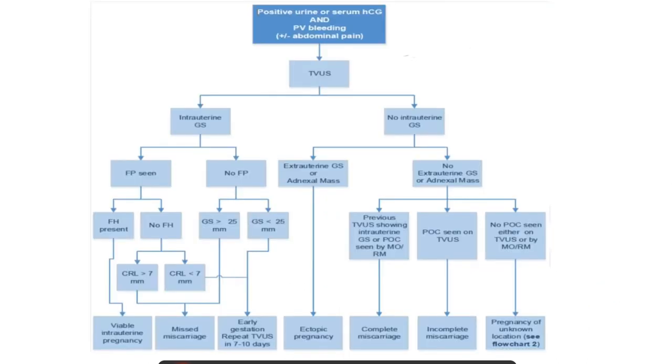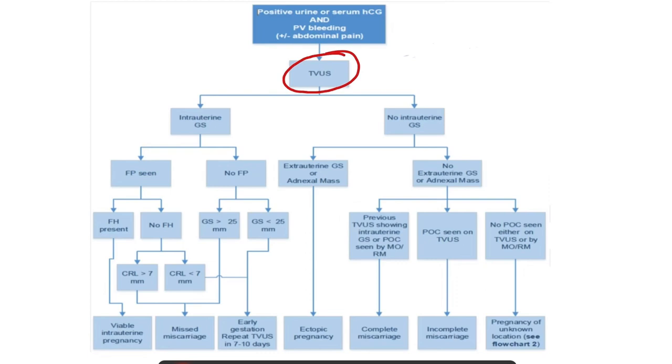Now we can discuss the approach to a patient with early pregnancy bleeding using ultrasound examination. If a patient is pregnant, with a positive urine test and positive serum beta hCG level, and the patient is presenting with per vaginal bleeding with or without abdominal pain, we should always do an ultrasound examination. So in ultrasound examination,